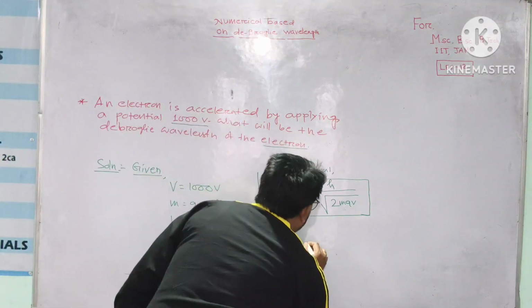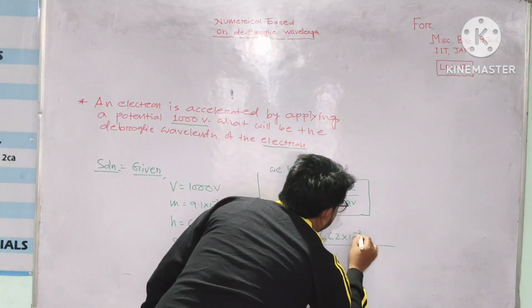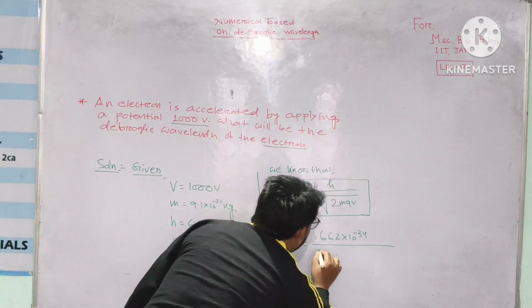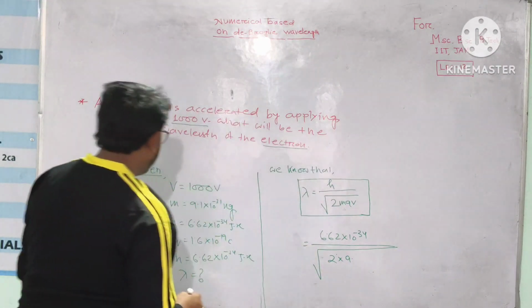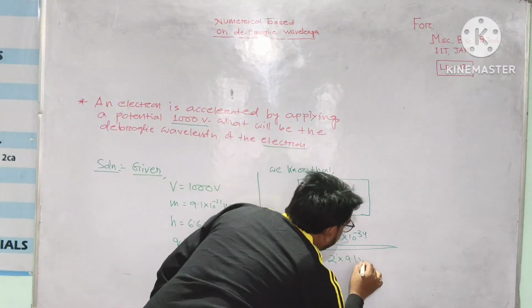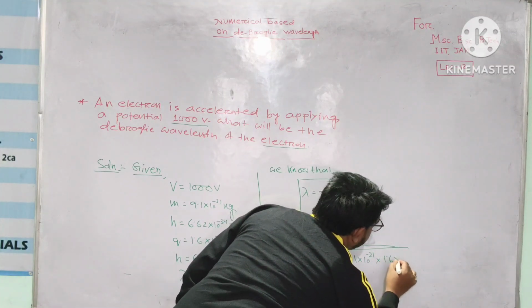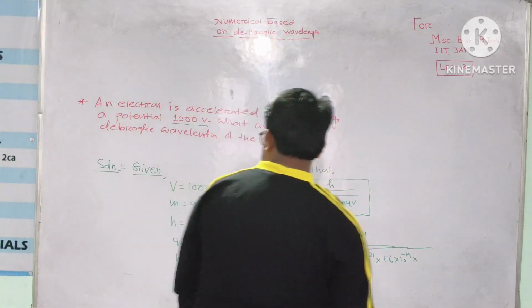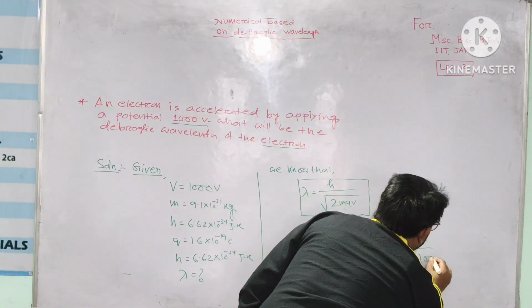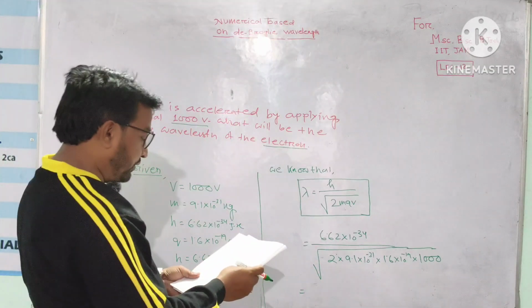Okay, the value of h equal 6.62 into 10 to the power minus 34, under root of 2 into m, mass of electron 9.1 into 10 to the power minus 31, into 1.6 into 10 to the power minus 19 into V, that means potential difference is equal to 1000 volt. After solving this part, we will get